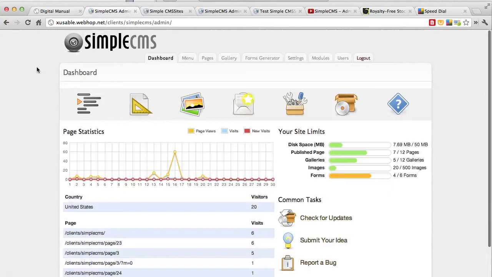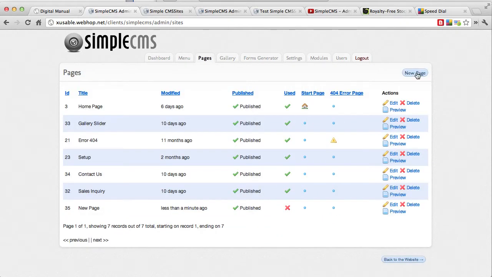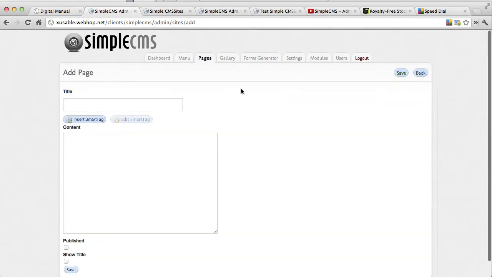To add a new page to SimpleCMS, click on the Pages icon in the icon bar or the Pages tab. Once you're in the Pages area, you can click on the New Page icon to create your new page. Give your page a title